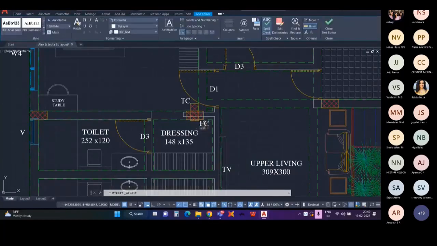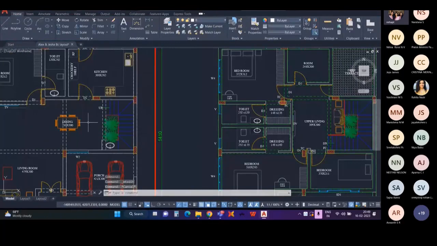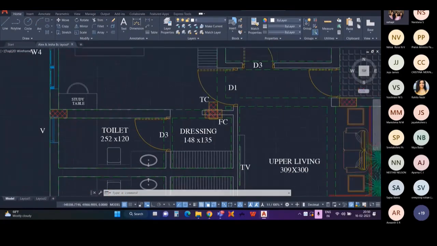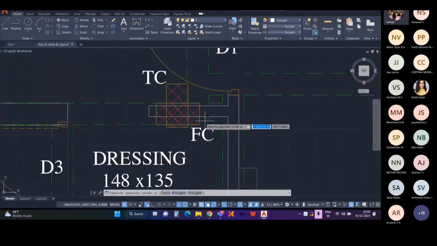So this column will be starting from here in this vertical orientation, coming till here in this vertical orientation at the first floor, and it will be terminated at the first floor, and we will be starting a floating column at the same level and it will be raised till the terrace floor. So here when we look,